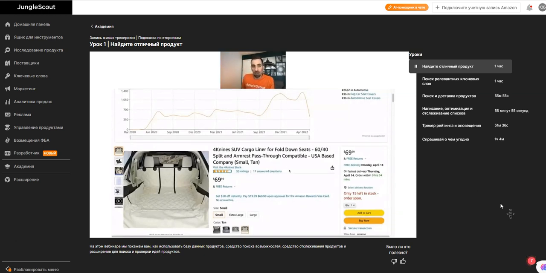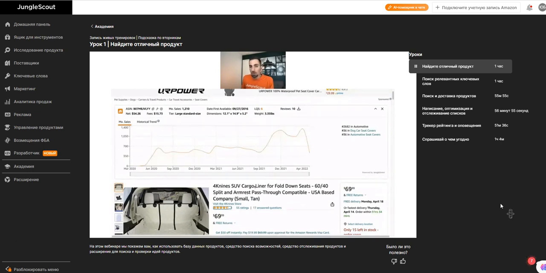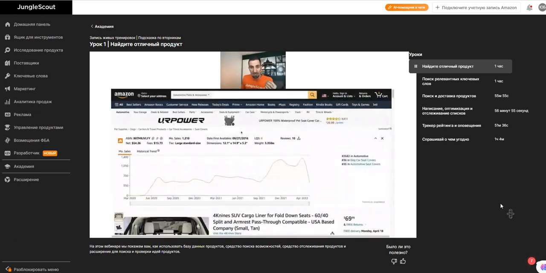Now, while we're on Amazon itself, I'm going to take the opportunity to show you our next tool, which is the extension. The extension is just a plugin for either your Chrome or your Mozilla Firefox browser. It is actually separate from the Jungle Scout web app where we started. So you will need to go to either the Chrome store or the Mozilla store and actually add it to your browser. And then once you do that, you'll want to pin it to the top, which I've done here. You'll have to log into Jungle Scout from the extension itself. But then once you do that, you will see these widgets appear on